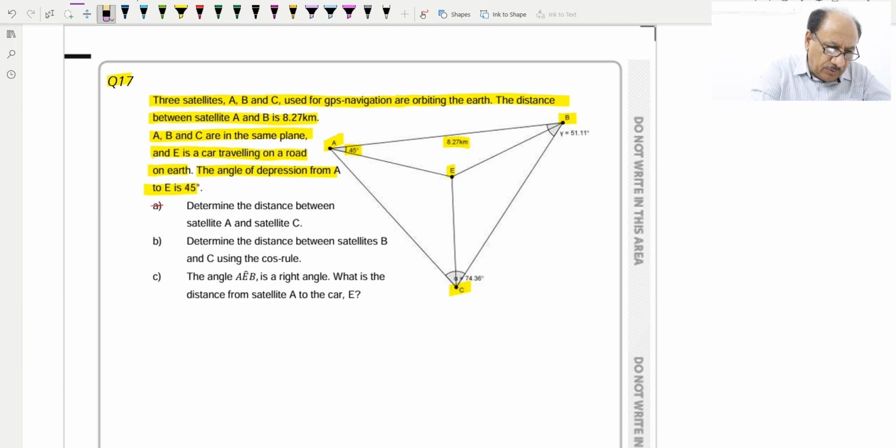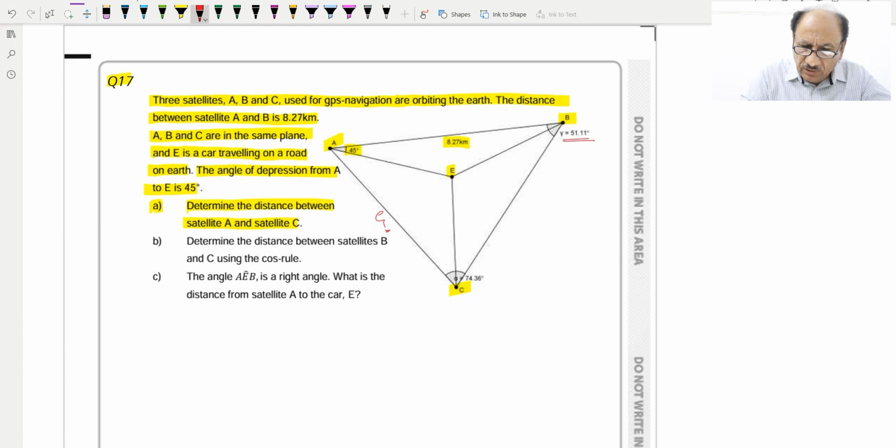So, going through part A, it says determine the distance between satellite A and satellite C. Which distance is required? This distance A to C is required. So we can apply the sine rule. How will we be applying the sine rule? We have